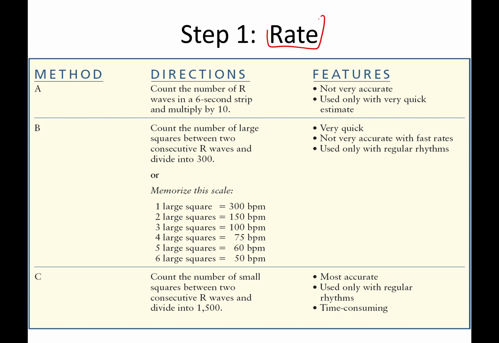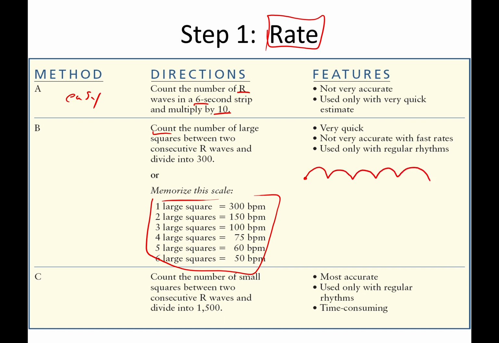You guys know how to calculate rate from basic arrhythmia. There's the easy method, which is taking the total number of R waves in a 6-second strip and multiplying by 10, giving you a nice round healthy number. The next best one, which is one of my personal favorites, is going to be the 300 method or the count method, where you start at one of the large boxes and you just skip from each large box to the next, and your patient has whatever QRS rhythm, well, from here to here,